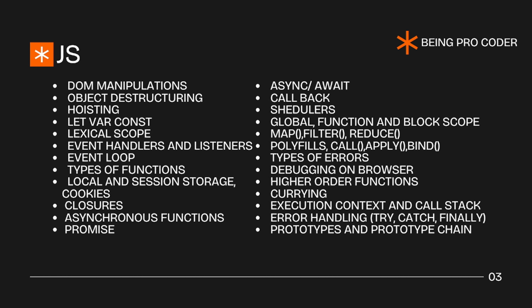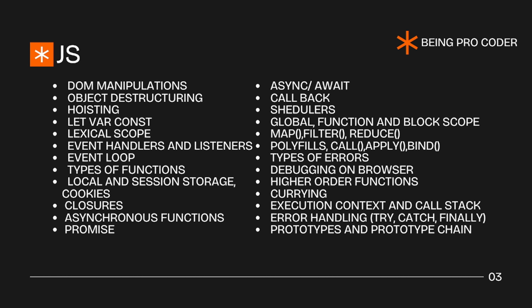In errors, we have multiple types of errors in JavaScript like reference error, type error, or syntax error. Debugging in the browser is a main challenge we face when building front-end applications. We need to understand the entire development tools in the browser, like going to inspect and learning about the network, applications, and the storage functionalities. How to debug in the browser, and higher order functions that take other functions as an argument and return